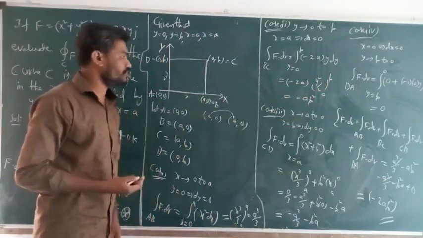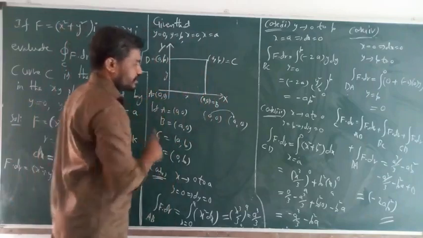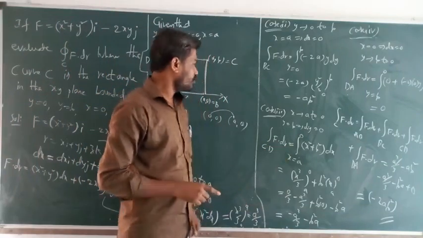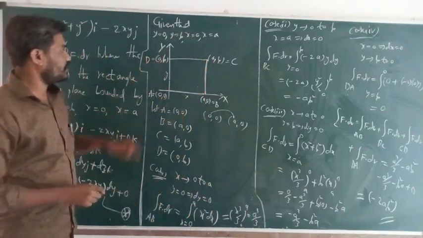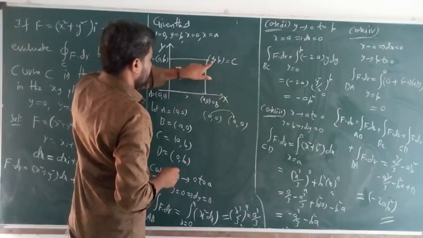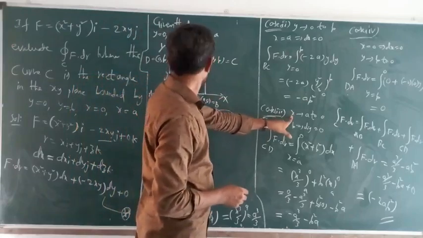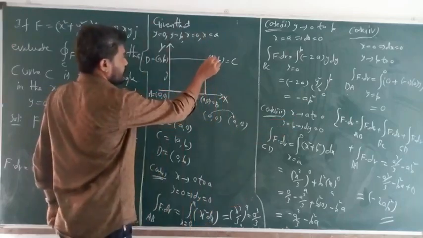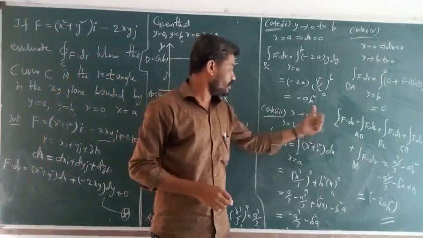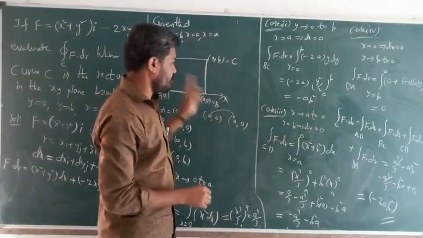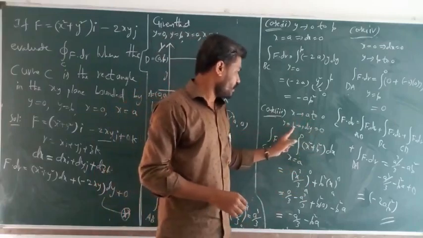Case 1 is over. Case 2 is over. Case 3, where to where? C to d. Integration C to d of F dot dr. The point C is a comma b, and point D is 0 comma b. So you can select the x value going from a to 0. The x limits are lower limit a, upper limit 0. Next, for the y value, b is constant, so dy, the derivative value, is 0. Y equals b, dy equals 0.